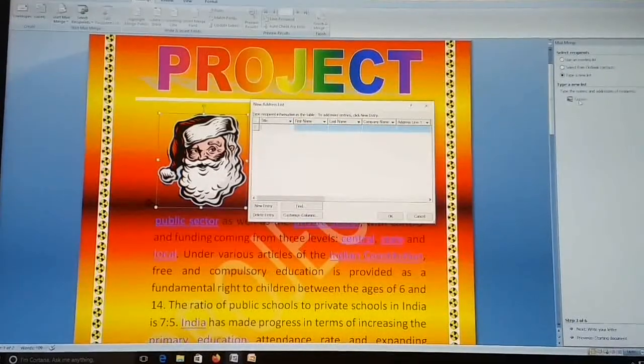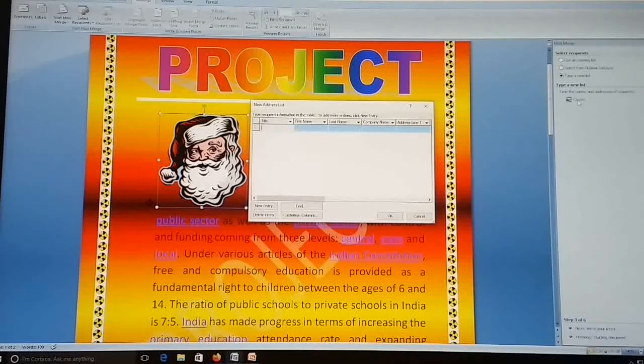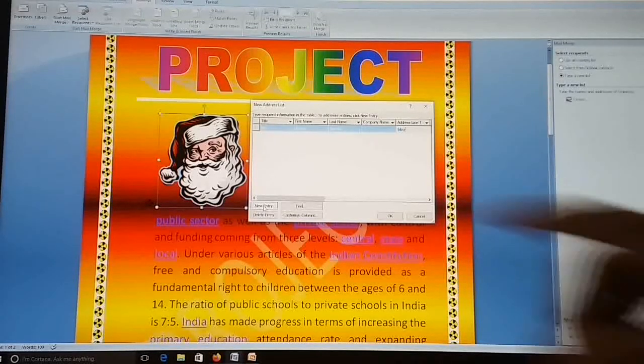Here you will write the title of the recipient, like Mr. Then the first name of the recipient, then last name, any company name, address, anything you need, just type there. Then click the new entry option.